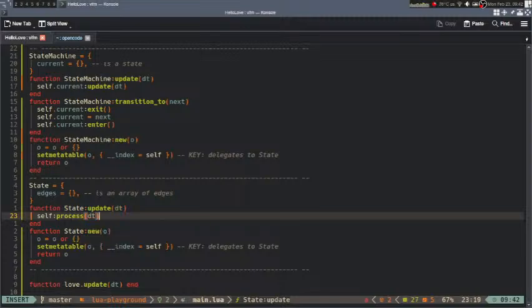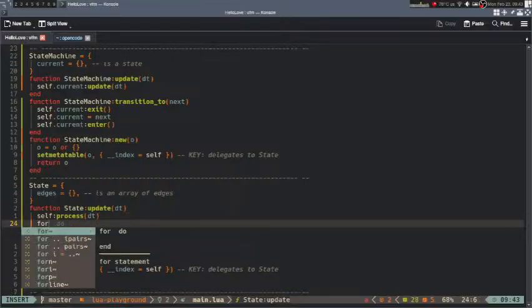Because there's no guarantee that it's going to require the delta time, but if it does, then coolio. Right. Otherwise,